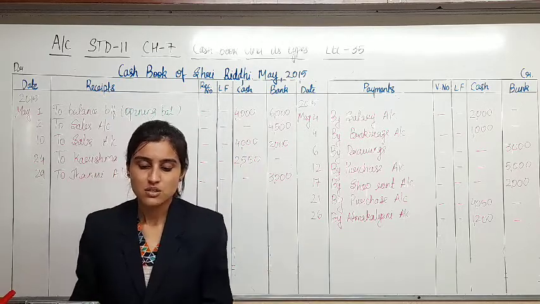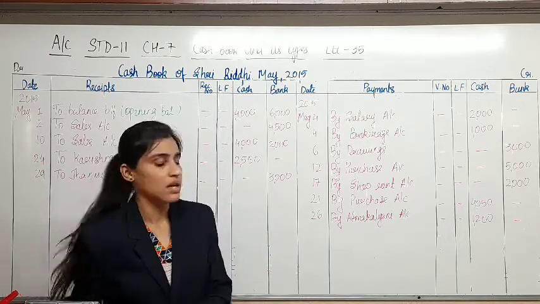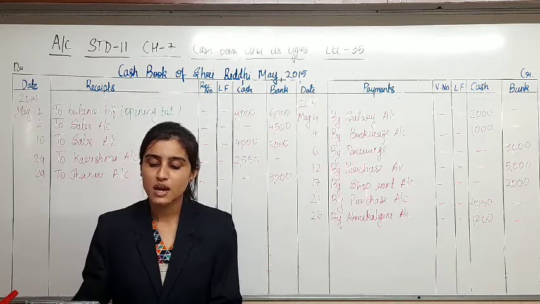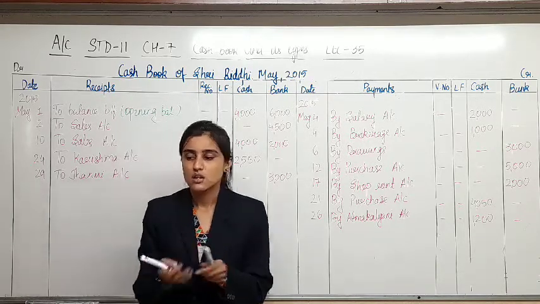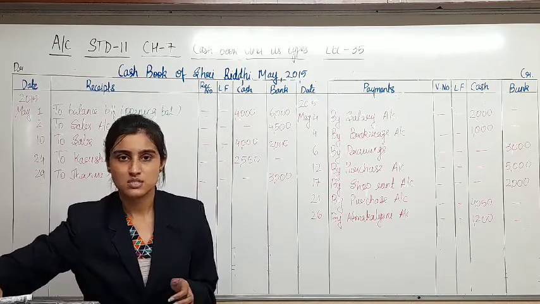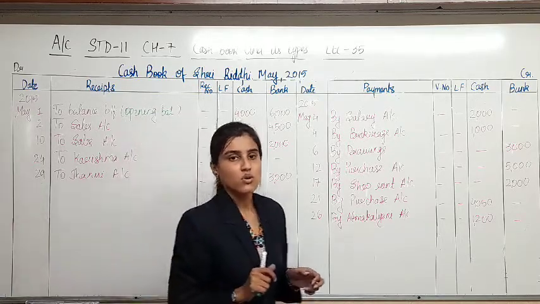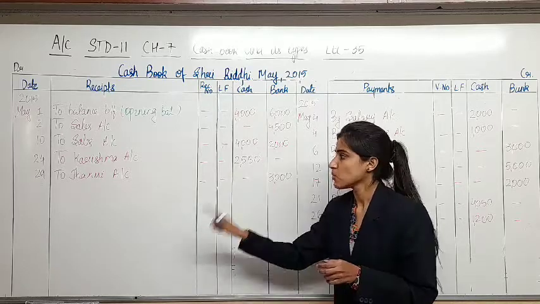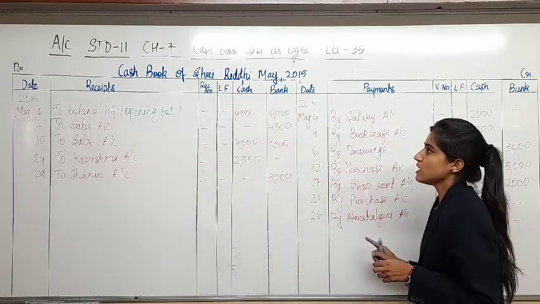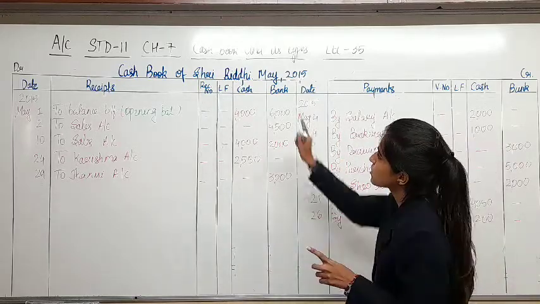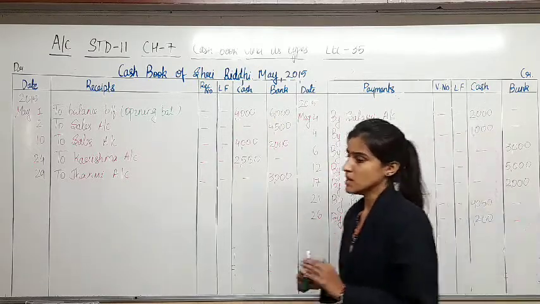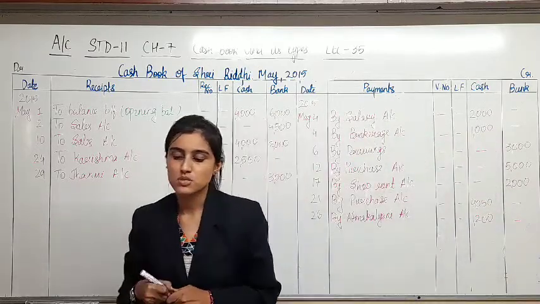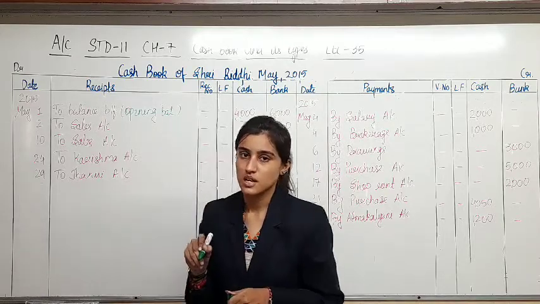Last transaction on 30th of May, rupees 1000 cash deposited in the bank. So this is with no doubt a contra transaction, and as you know, contra transaction is recorded on both the sides of cash book while preparing columnar cash book with the column of cash and bank. Yes, it says amount has been deposited in bank. So what is the journal entry?